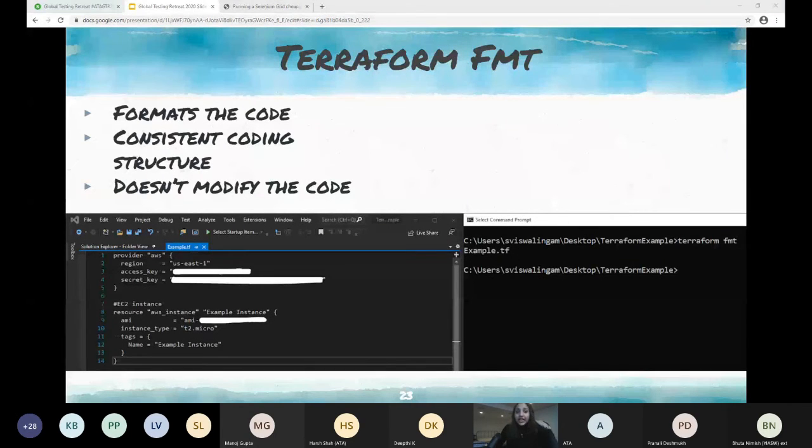The next thing we have to know when we use Terraform is the Terraform commands. The first command I'd like to start with is terraform fmt, the easiest. All it does is format the code. If you see on the left-hand side of the picture, I have very simple Terraform code in which I've tried to deploy an EC2 instance through Terraform in AWS. When I use terraform fmt, it returned the example.tf file because it formatted that code and wrote it in a beautiful way. It maintains a consistent coding structure. It doesn't modify the code one bit. It is just for the beauty.